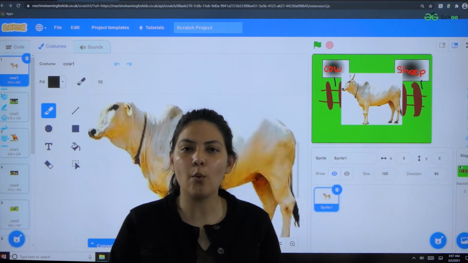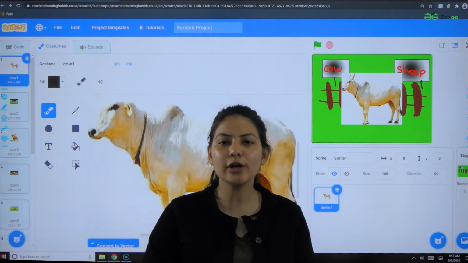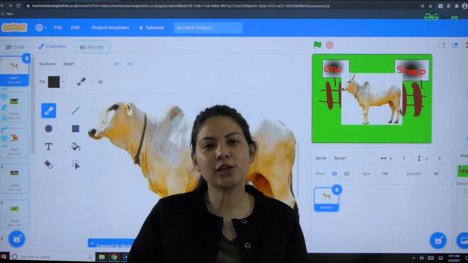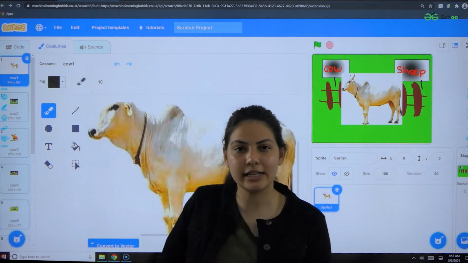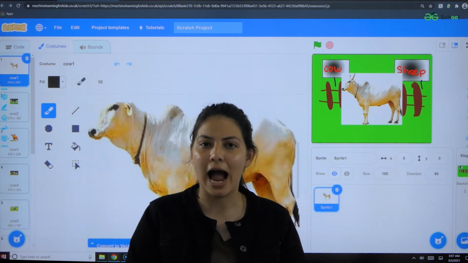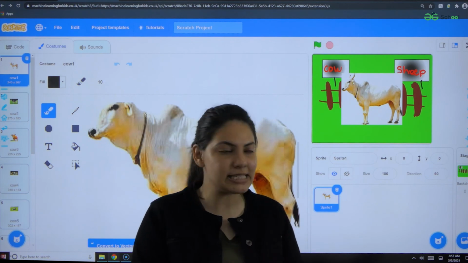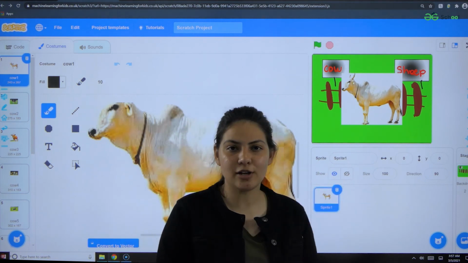In the next video, we are going to make our project by writing some code using the code blocks in the left section of your toolbox, so that we can perform tests and see how our project is working.